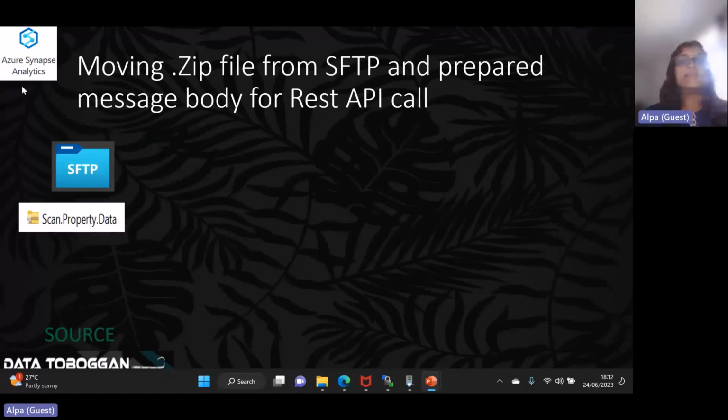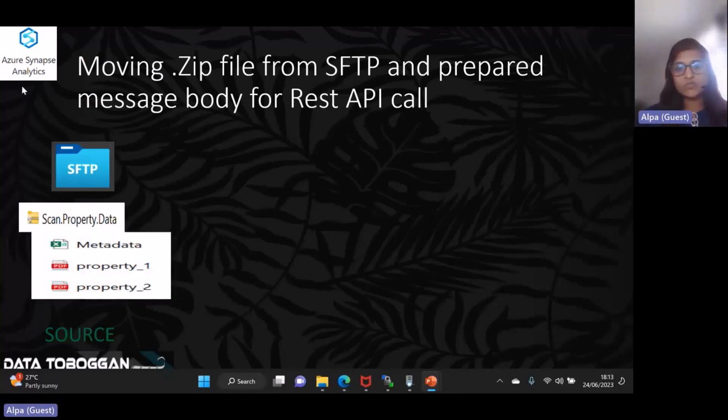Inside my SFTP, I have a zip file, which is the scan property data. Inside it I have one metadata file, which is a CSV file, but you can have a JSON file or any other file as a metadata file. Then I have a list of PDF files, but it can have a list of image files as well. So this is my source,